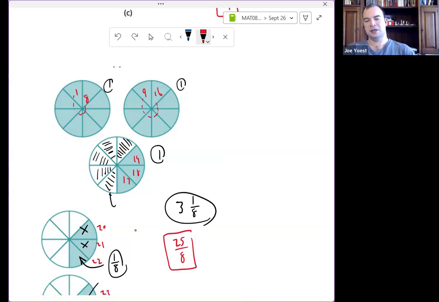Now, again, is it better to work with the improper fraction or the mixed number? A lot of times it's better to work with an improper fraction. But is it intuitively easier to understand one versus the other? Well, the mixed number is intuitively easy to understand. We know that 3 and 1/8 is a little bigger than 3, but not quite 4. So we know it's between 3 and 4. That gives us an idea of the size, right?